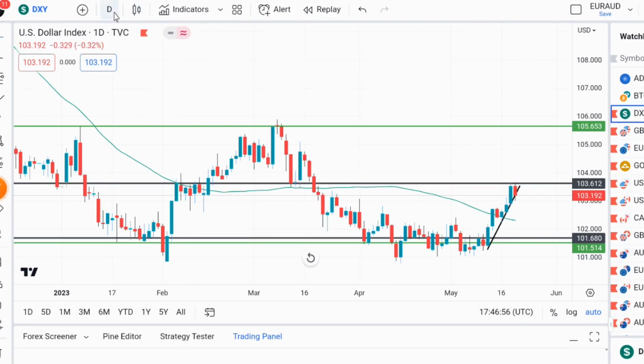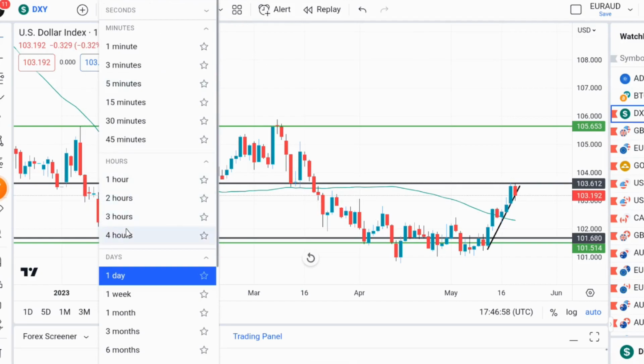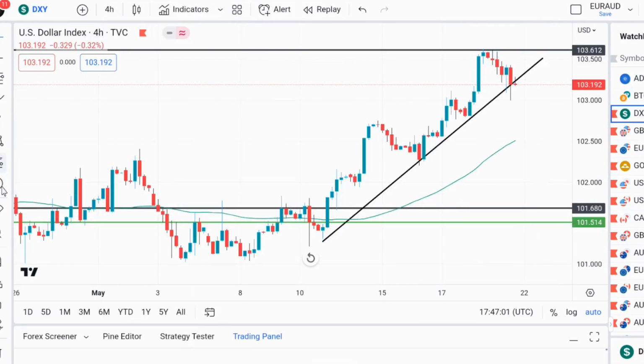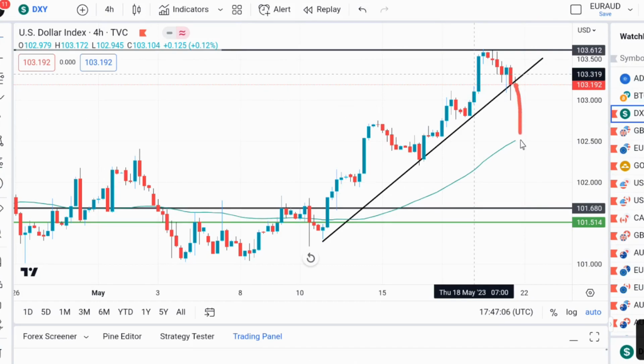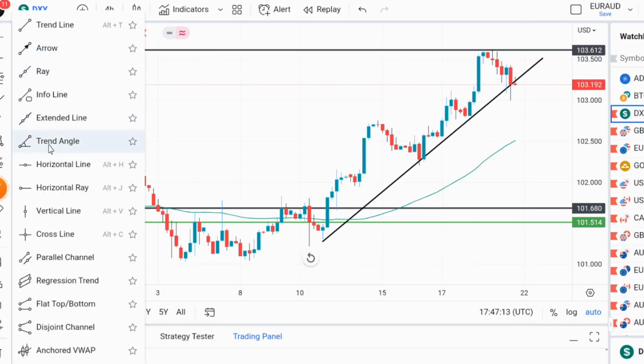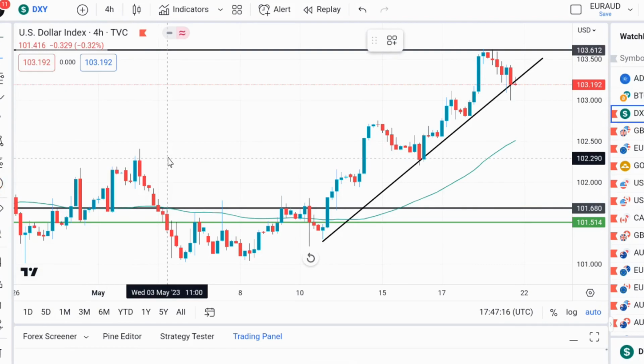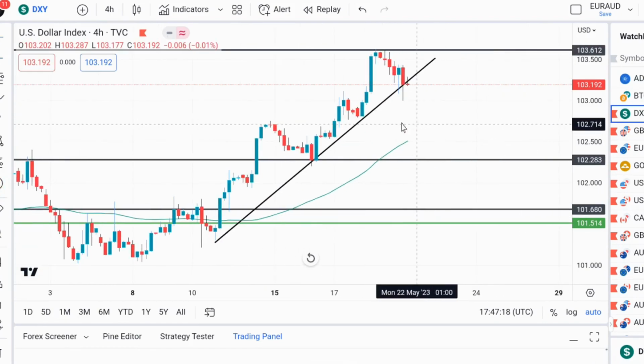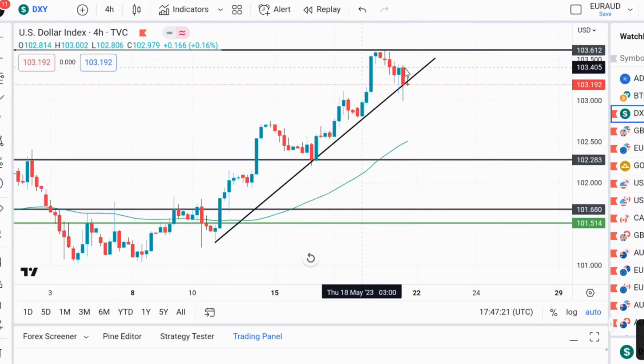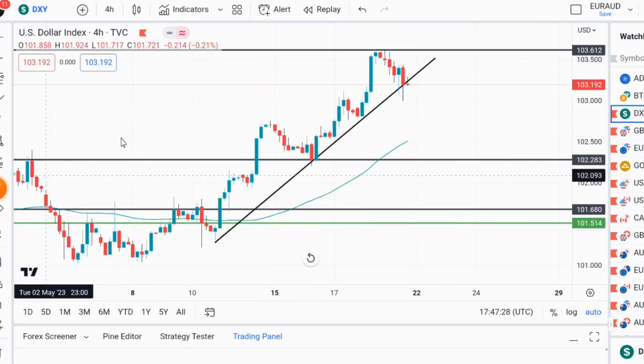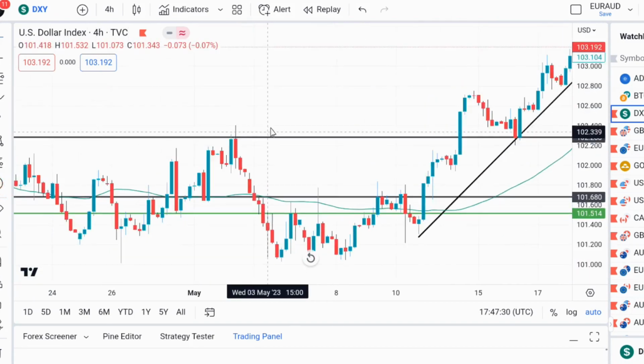But on the contrary, let's go back to the 4-hour time frame. If you see a break of this trend line, then we'll see a move to this particular area right there, because we have a support level sitting comfortably at this particular area. So maybe after the FOMC, we might see a bounce of this area to the upside. So let's see how it goes. There is FOMC on Wednesday, so let's see the announcement right there.